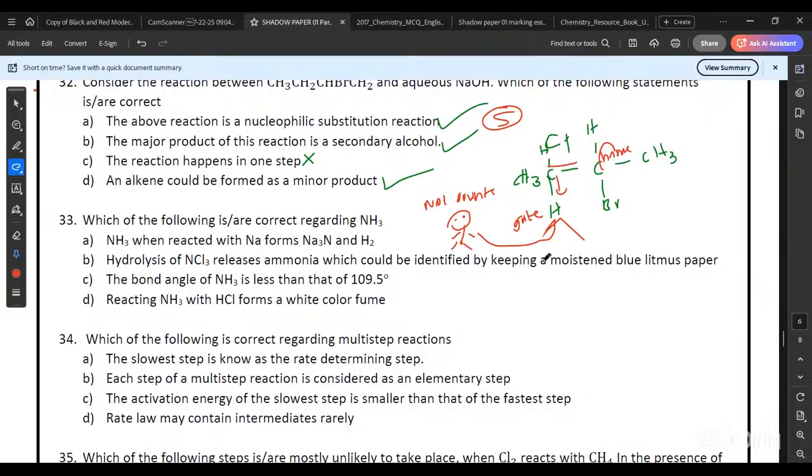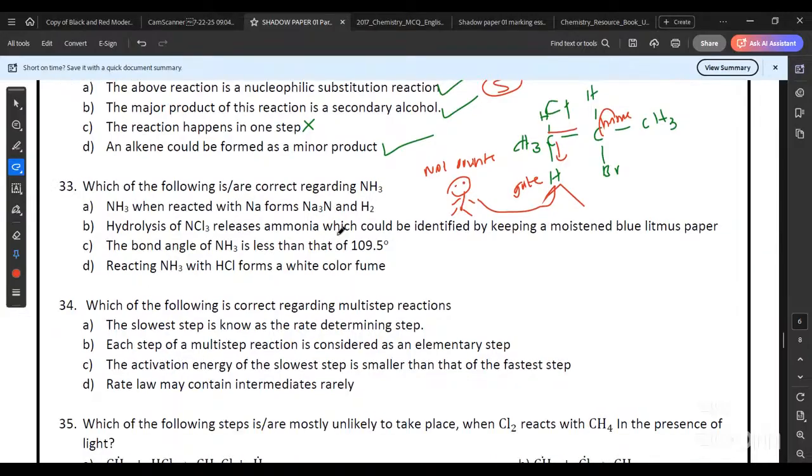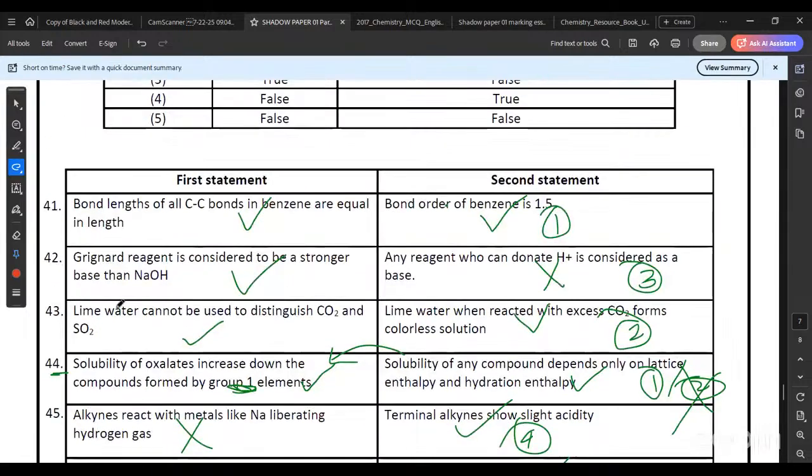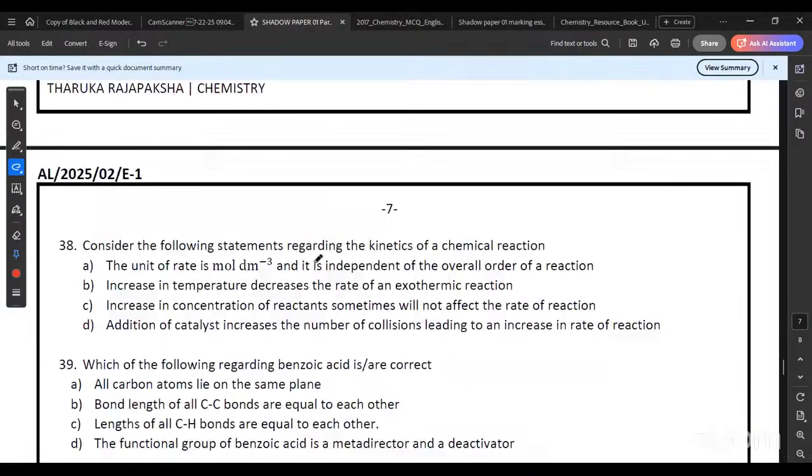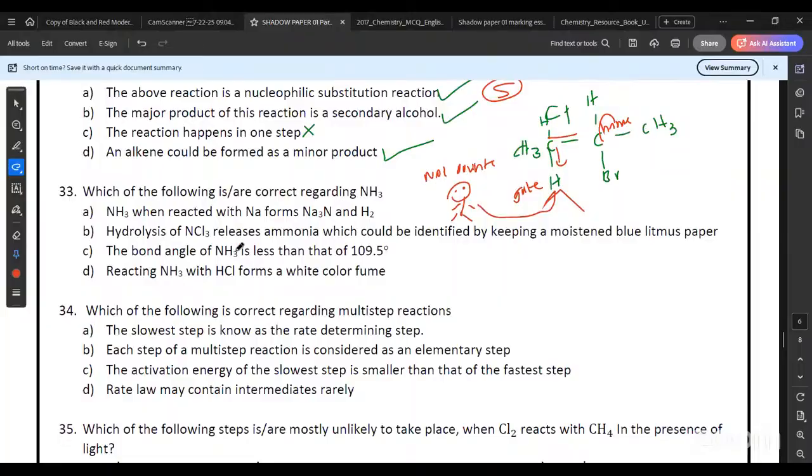No, right? Okay. Which of the following is correct? This is correct. Which of the following cannot be distinguished? You think cannot? Carbon dioxide and sulfur dioxide both give similar observations. Which of the following is correct regarding ammonia? Ammonia when reacted with sodium forms